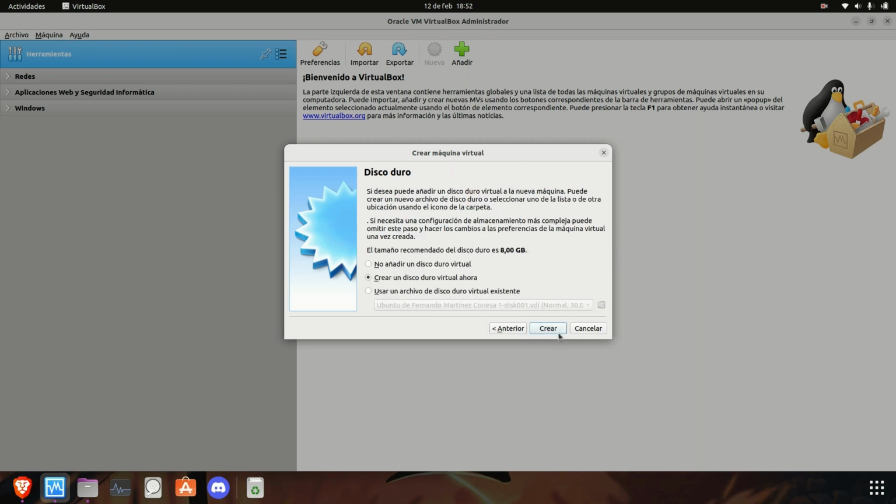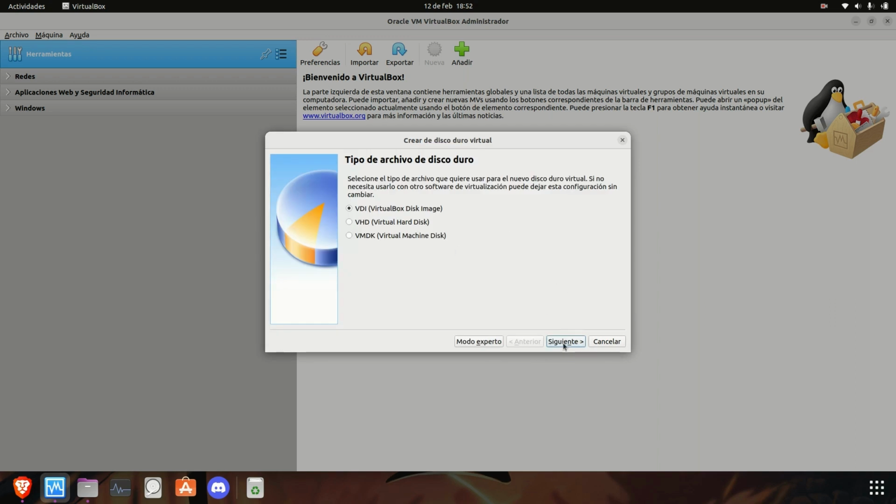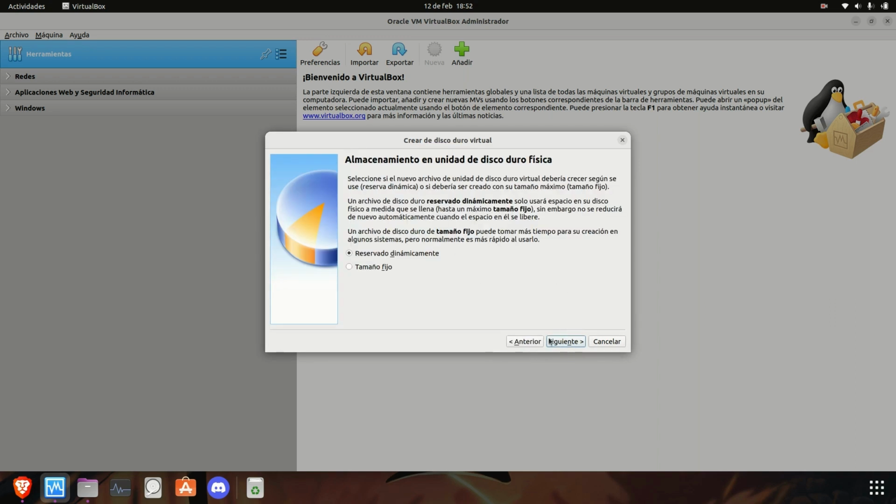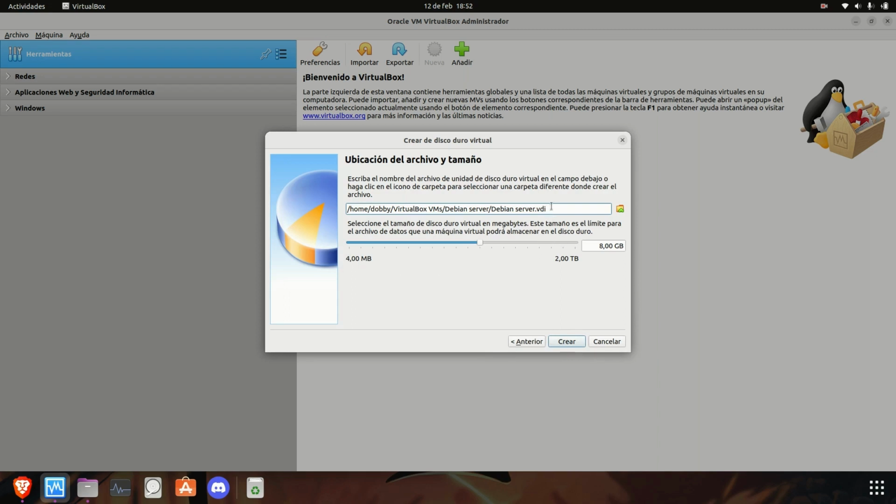We're going to create a new hard disk. We're going to click next, next, and I'm going to call it Debian server/disk 1, and I'm going to put 250 gigabytes for it. We click on create,